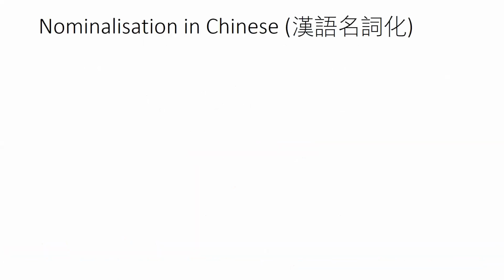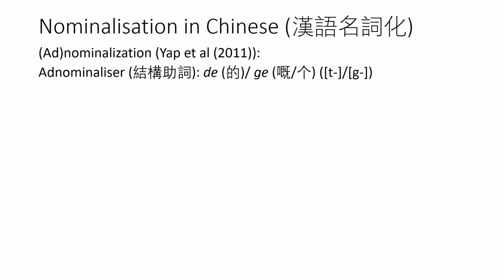All right, so first of all, the topic I present today is nominalisation in Chinese, 漢語嘅名詞化. Nominalisation is, cross-linguistically, a very big phenomenon that many people have touched on, and as regards East Asian languages, Foong Ha Yap has edited a big volume that deals with nominalisation in East Asian languages, and I think the term adnominalisation is one that's often been used in reference to Chinese, because in Chinese